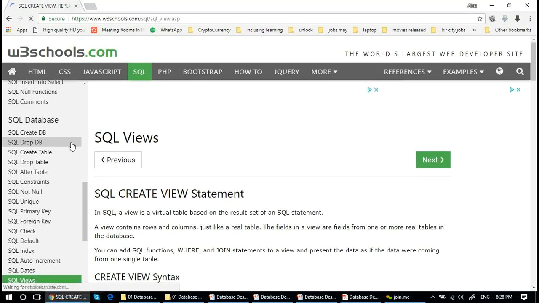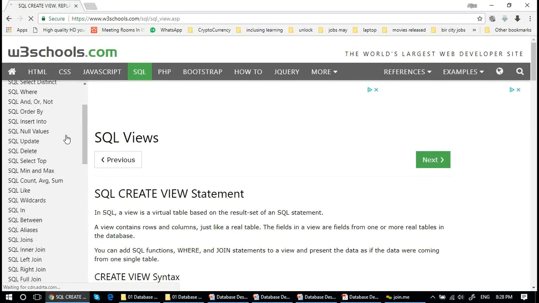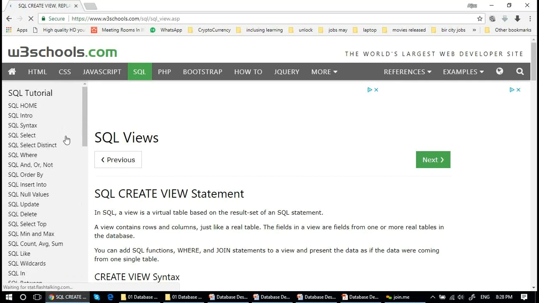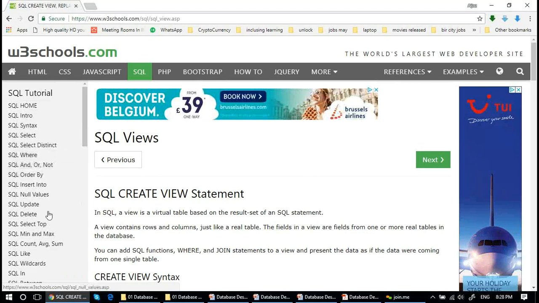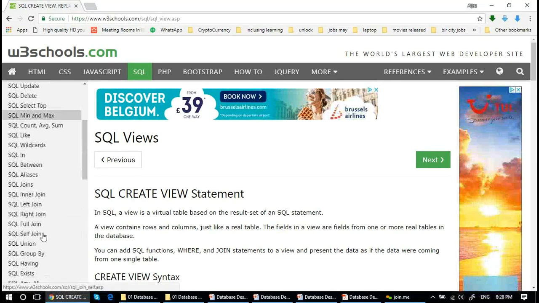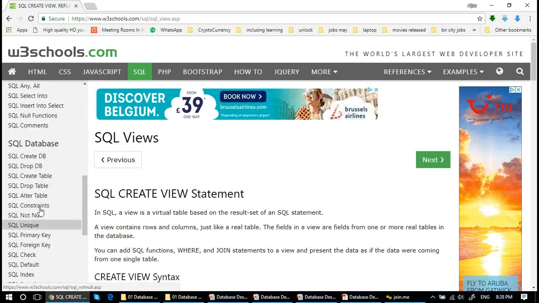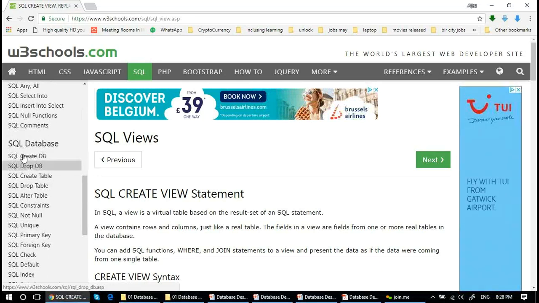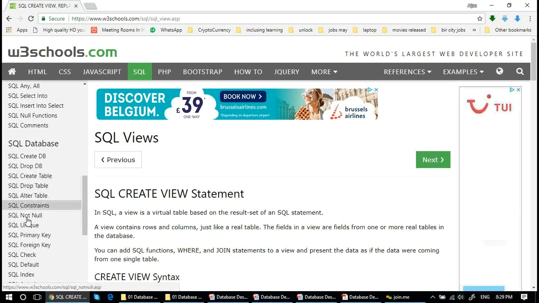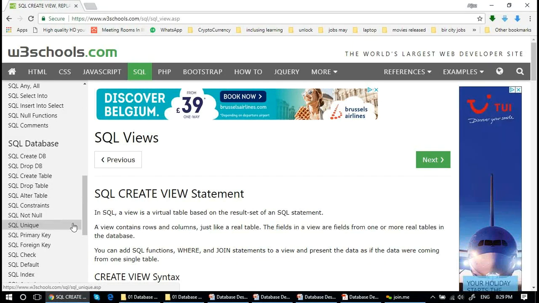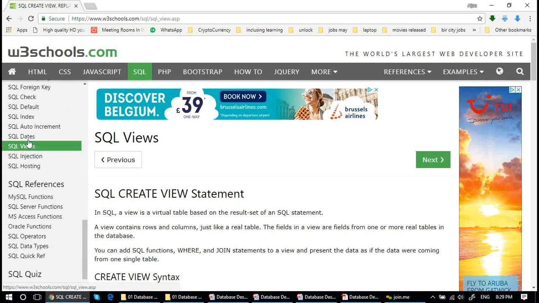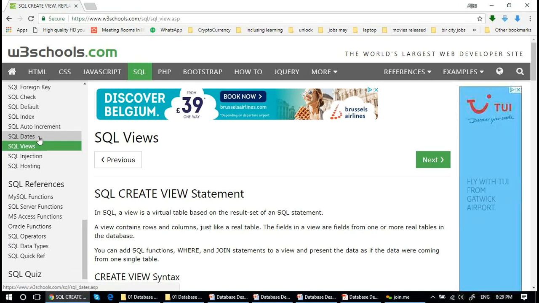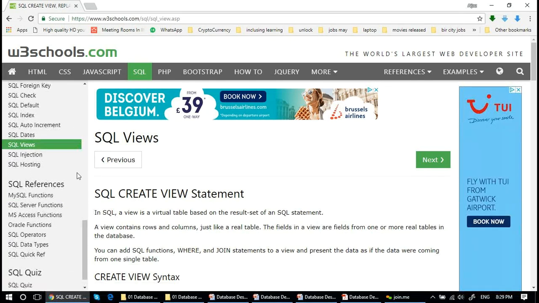Like yesterday with Lawrence, I discussed some of the commands like select, where, delete, update, and certain database creation commands: create database, drop database, create table, drop table, alter table, constraints, not null, unique, primary key, check, default, auto increment, injection, hosting.